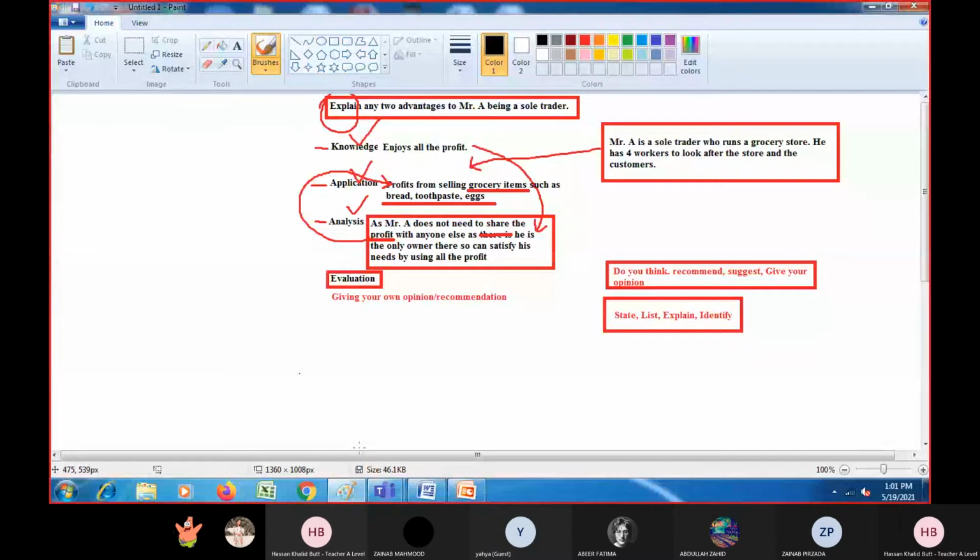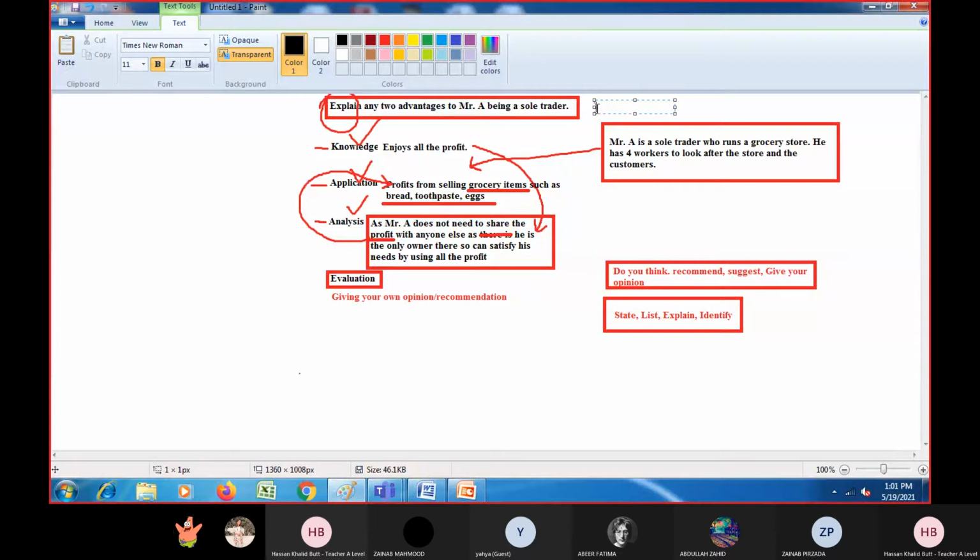The question is very clear, and I told you that this sort of question requires knowledge, application, and analysis. Normally, such questions are either 4 marks or 6 marks, right? We'll discuss how you would be able to know whether it is a 4 mark question or a 6 mark question. I can give you a hint about it.